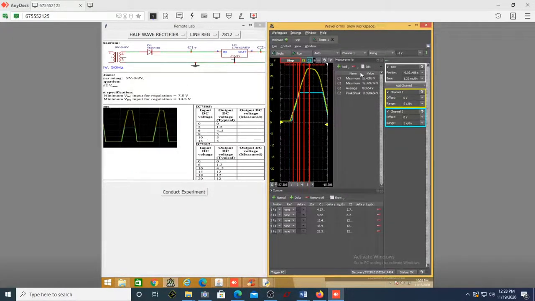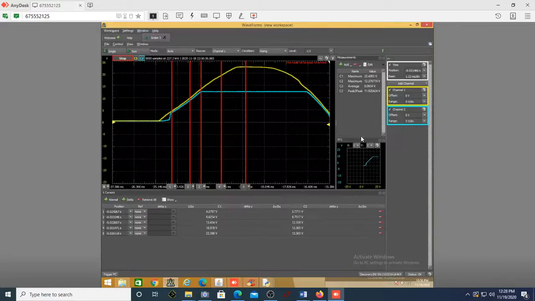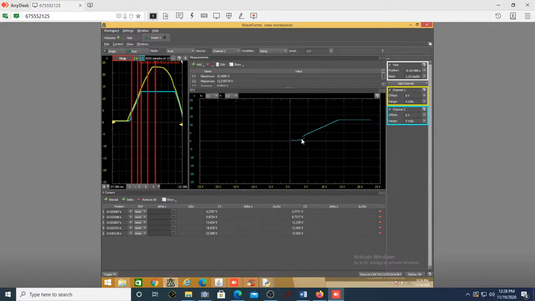Of course, we can even see the transfer characteristics. So this is how the transfer characteristics will look like. You can just make sure that everything is visible. Can you see now? Of course, this is due to your IC. You can see it keeps increasing and then it becomes constant at 12.3. This is how we can understand the working of this regulator.